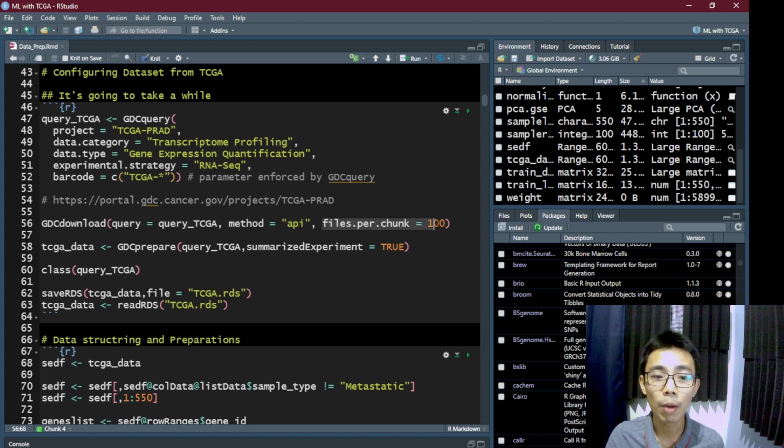Here, the files per chunk setting is important. If you have very fast internet, you can use a bigger files per chunk, so you can download more files at the same time. But if you have slow internet like me, you might want to reduce the files per chunk, so that in case the download gets interrupted halfway, you don't have to download as many files again. GDC download only happens the first time you run it. After you have downloaded the files, you don't have to download them again, and it should launch directly on your computer